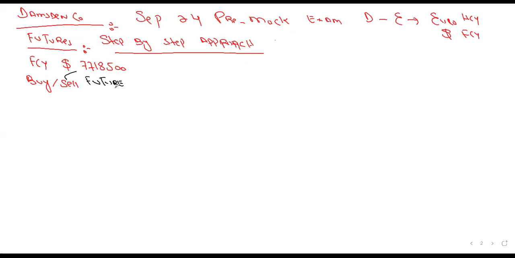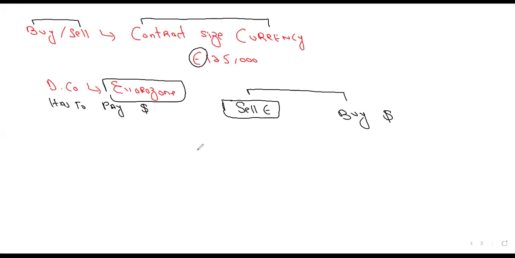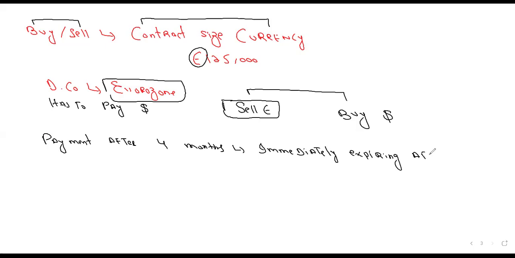And now, which future? The payment we have to make after 4 months. Now the rule is the future we will select is the one immediately expiring after the transaction date. That is, immediately expiring after